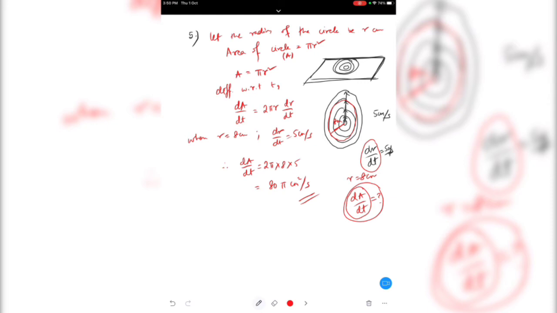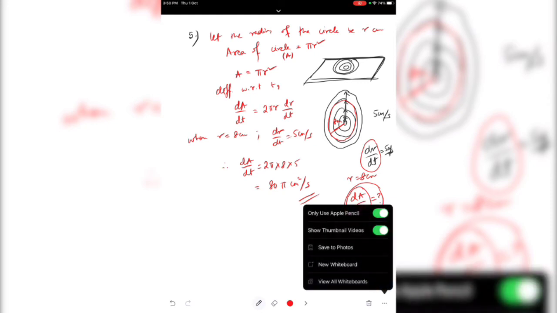Acha. Question number 6. Let's do question number 6. Forget it. I will not give you homework. Question number 6 is. Acha, wait a second. For question number 6, I think I should give homework. It's very, very easy. Can anybody tell me what is circumference of a circle? What is circumference of a circle? 2 pi r. That's right. 2 pi r is the circumference of the circle.